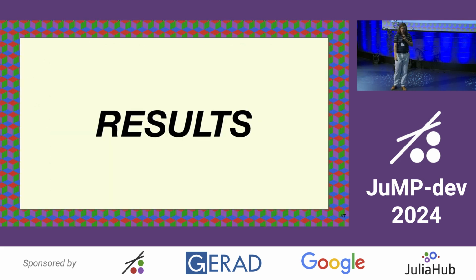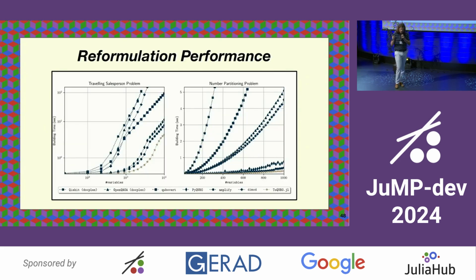All right, so talking about some of the results, we expanded a little bit. The other benchmark here is just the reformulation performance. So ours is the golden one below everybody. Here, in log scale, is the time it takes to reformulate a problem given the size. These two others that are closer to ours are also C++ code. The others behind are Python code.